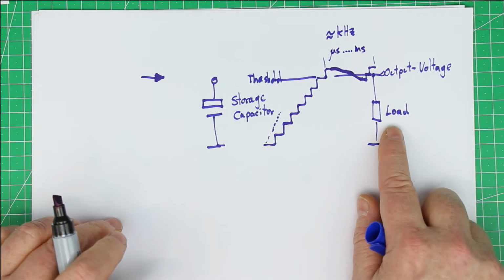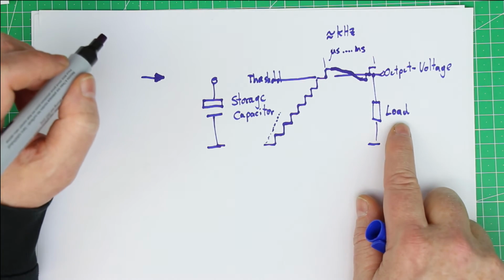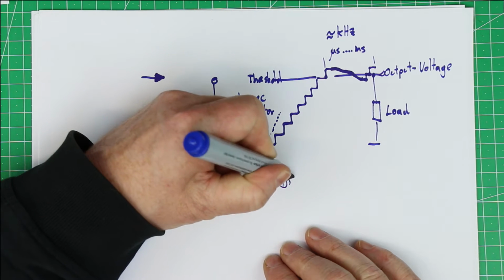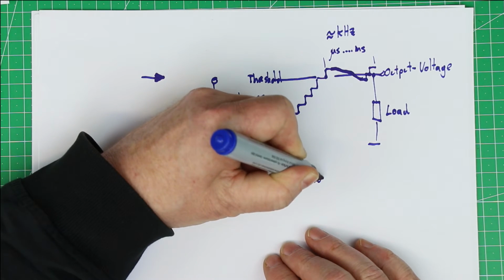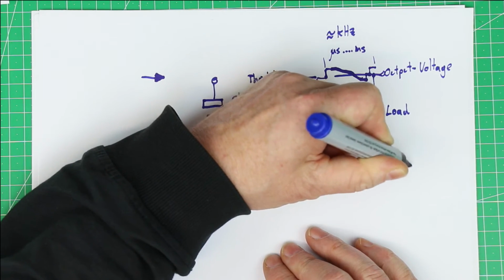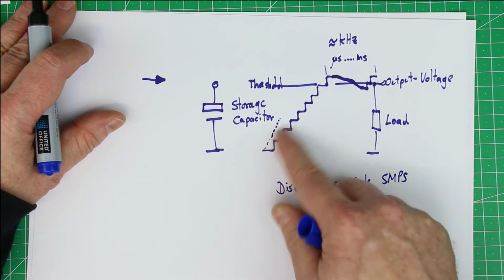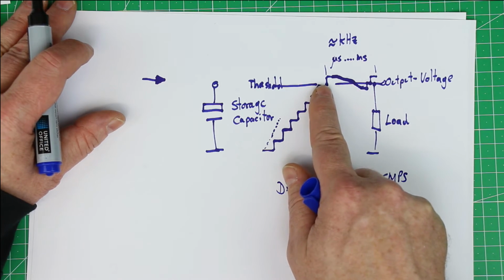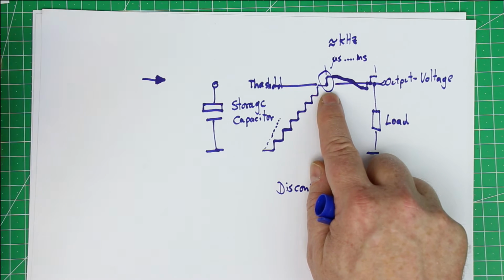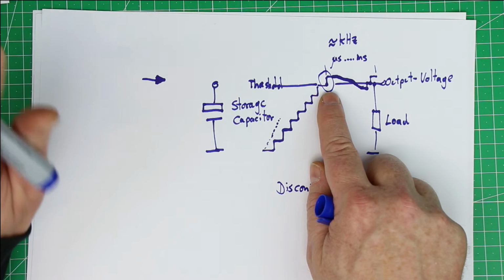And if you have a constant load, then you will get a constant noise from this so-called discontinuous mode switch mode power supplies. I hope you understood the principle that this behavior simply comes from, at this point, the switch mode power supply or the oscillator or the output is switched off. That's why it's called discontinuous. It simply stops